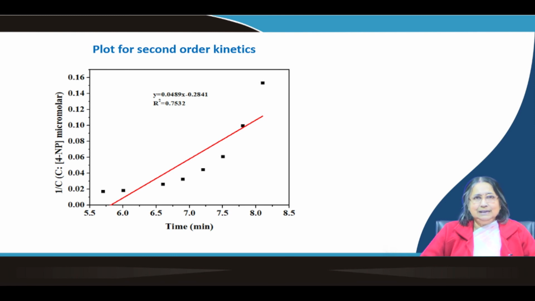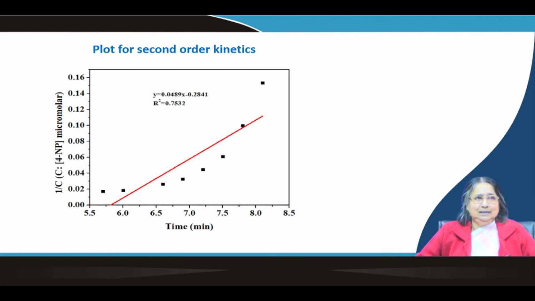Okay. So, this way you have to first do the experiment. Here I have used absorbance values to monitor the reaction, but you can use different values like fluorescence, you can use other properties also, but you have to need the plot. You have to get the data first, then you have to plot it against time. Okay, different plots you have to make to see which order it is following.